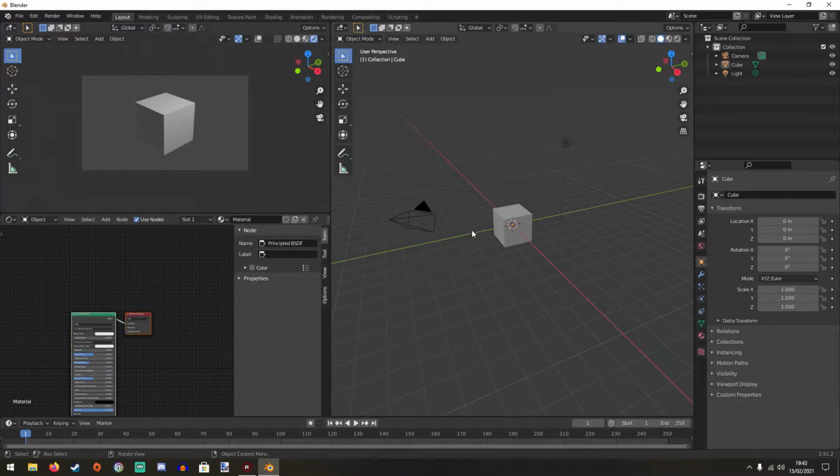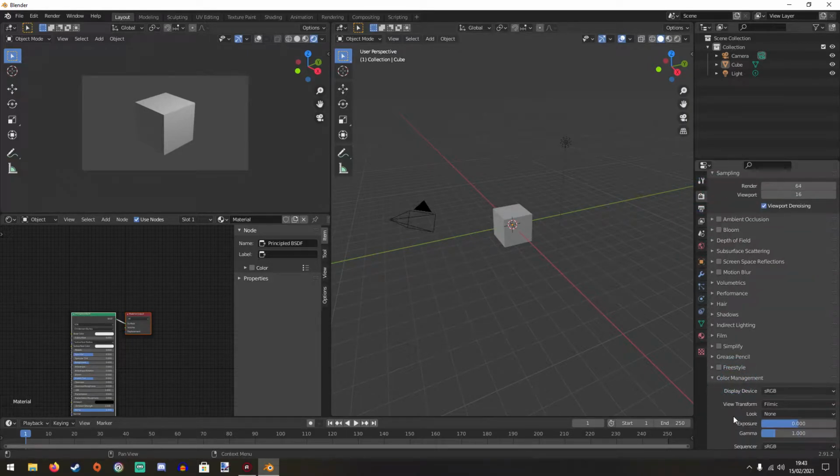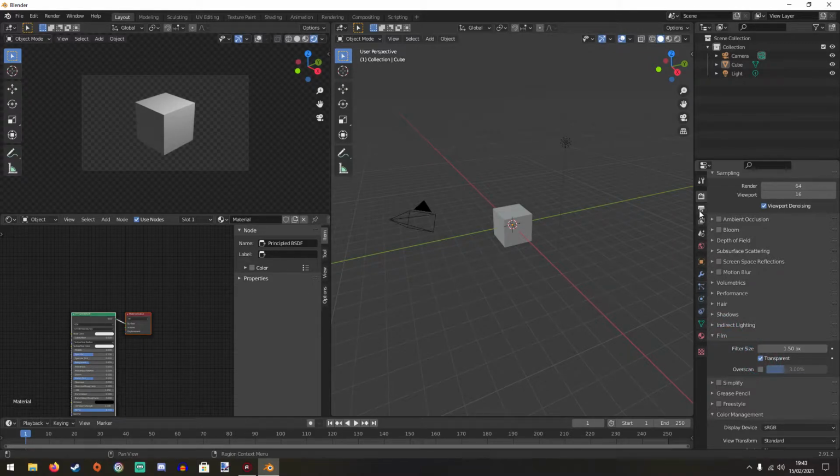Now we want to go over to render properties, color management, view transform from filmic to standard, then film and transparent, then up to output properties,